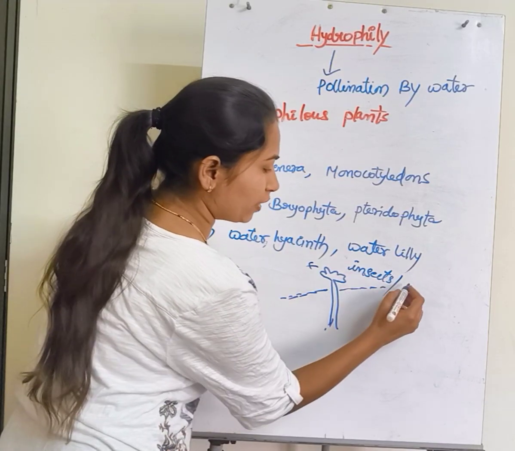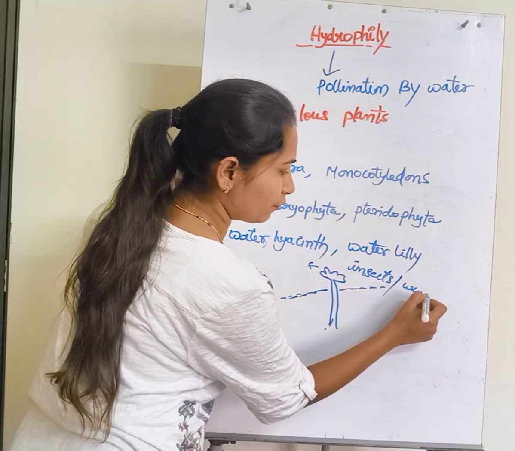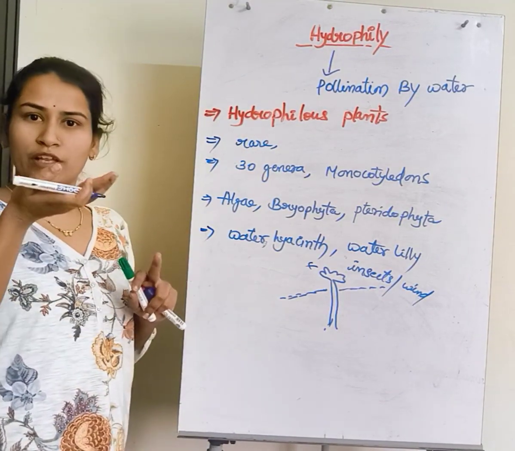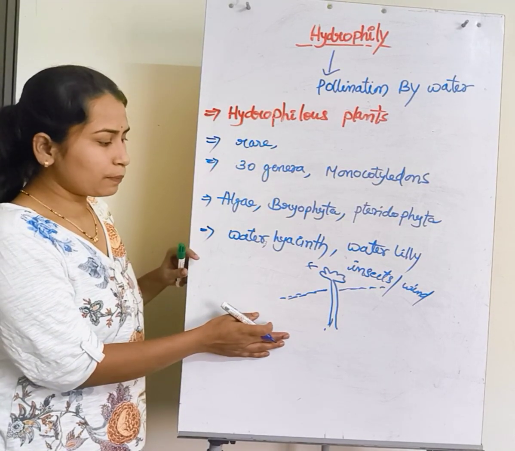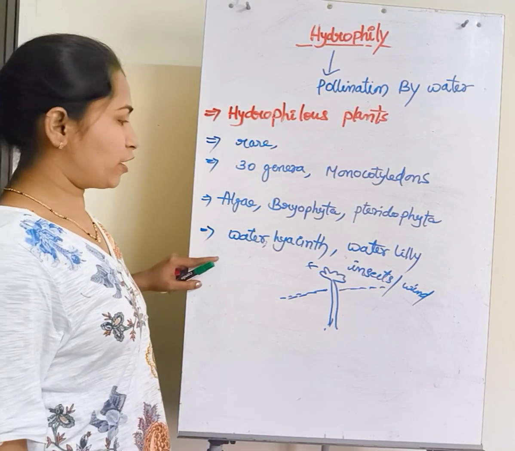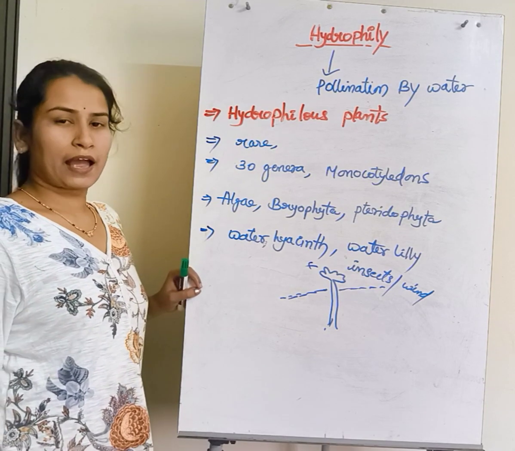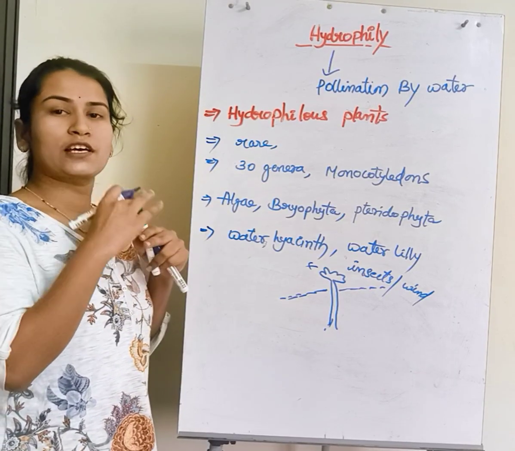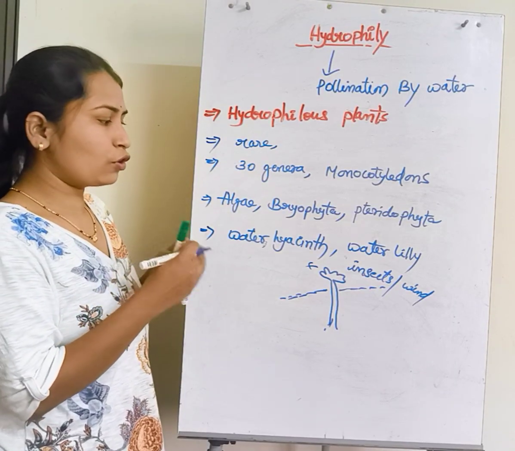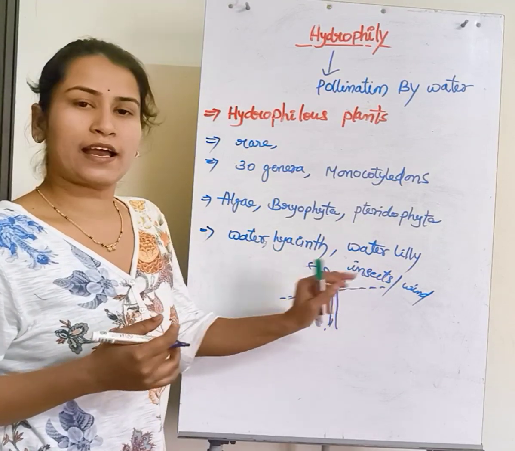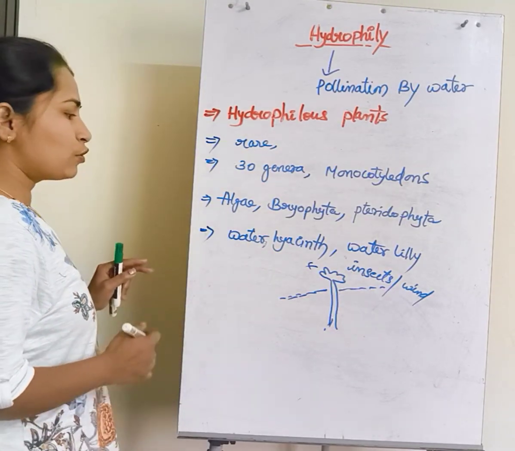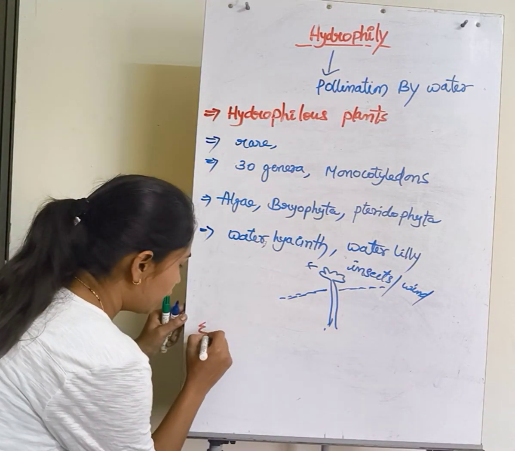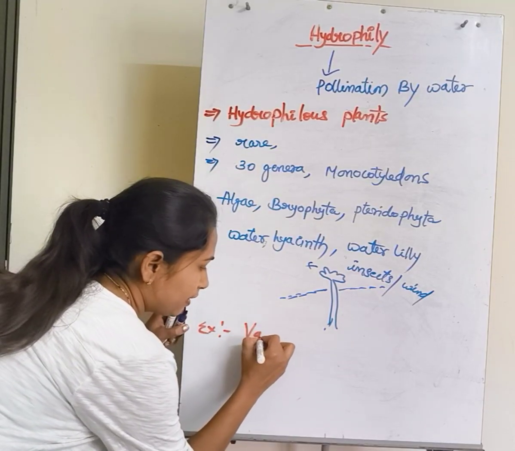These are pollinated by insects or else wind. The flowers which emerge above the level of water, as in water hyacinth and water lily, are also aquatic plants, but they get pollinated by insects and wind. So the examples of plants which get pollinated by water are Vallisneria,